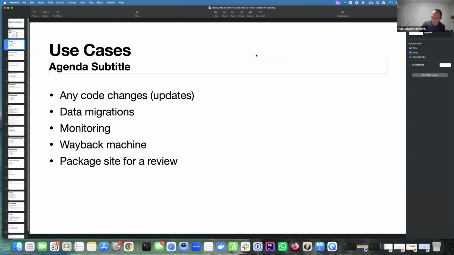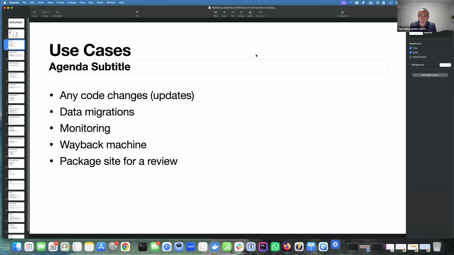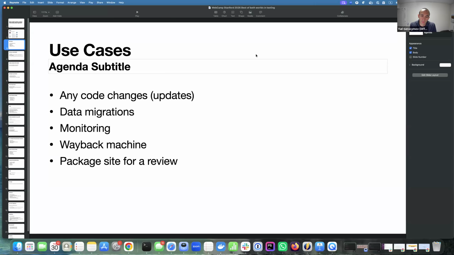Another use case that is pretty popular is the visual monitoring of the website. So let's say you have a dynamic website where multiple editors make changes, different developers can deploy the changes, and you also want to keep tracking those changes visually. In this way, if something goes wrong, and this kind of corresponds to the next item in my list,